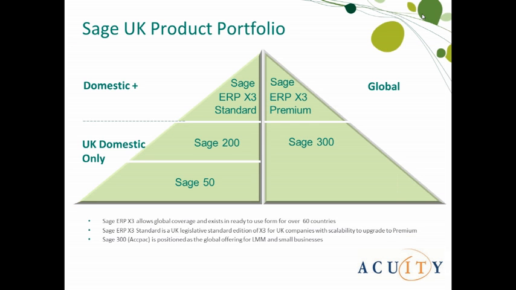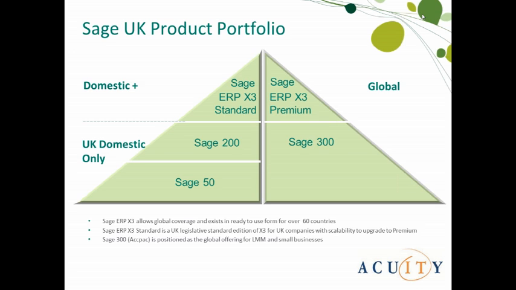So thinking about that, looking at the type of business and your requirements and where it all fits together, the slide that I'm showing at the moment shows the way that the Sage UK product portfolio is structured. So you can see that on the left-hand side of the screen, we have products that are fundamentally or primarily aimed at the domestic UK market. So you can see at the bottom, Sage 50 really is a UK domestic product. Sage 200 is primarily aimed at companies that are certainly based in the UK and for whom the fiscal reporting